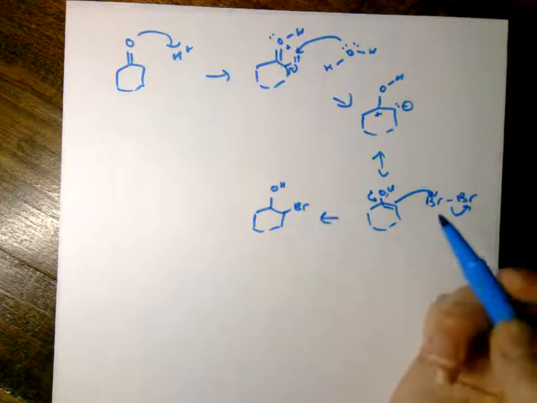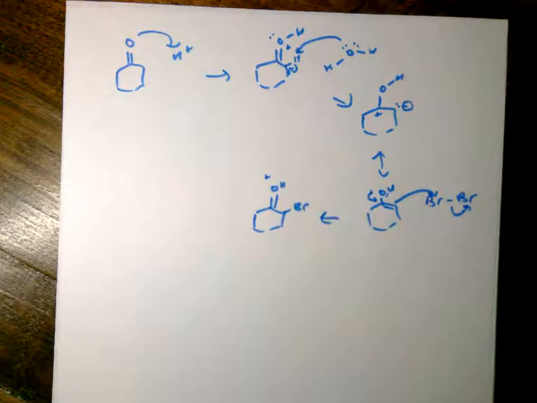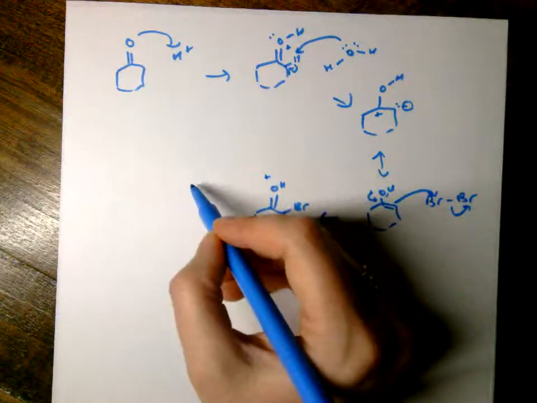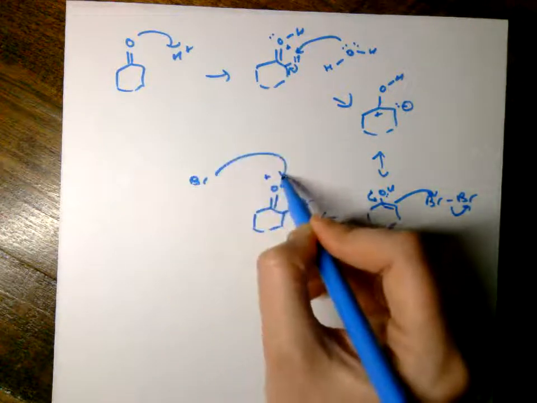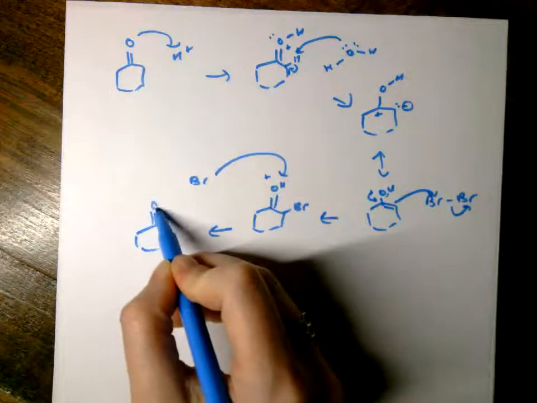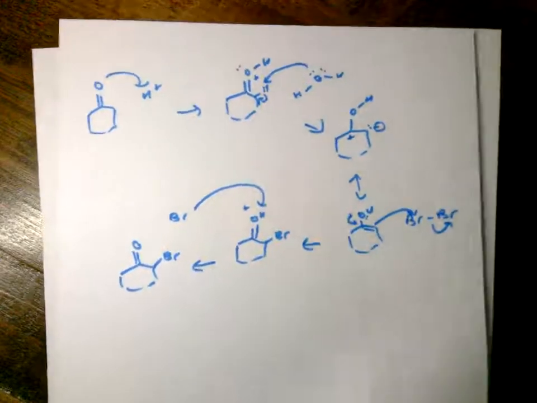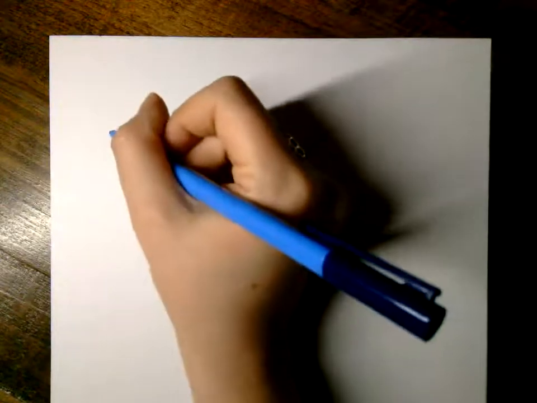OH, Br, this came back down, so this is positive. And then the Br minus in solution or whatever else will come and deprotonate that, and you'll end up with your halogenated ketone. So now you've seen a base catalyzed halogenation and an acid catalyzed halogenation. And then the very last one is